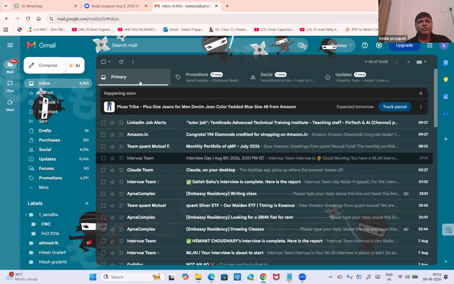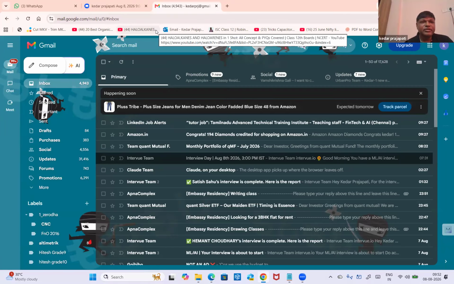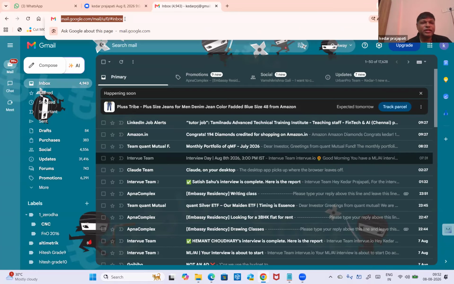What Gmail, or what Google, does is run a machine learning model. That model is hosted where mail.google.com is hosted. And that model is for every user. It is not for us only. It is not for me, not for Maithili, not for Nishil. That machine learning model is a generic model.